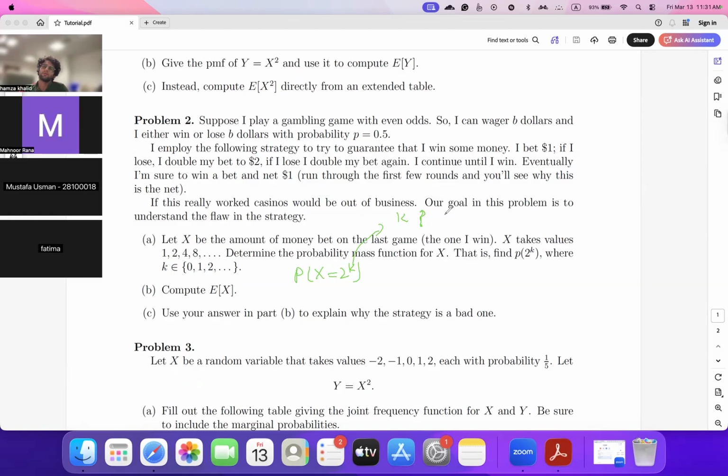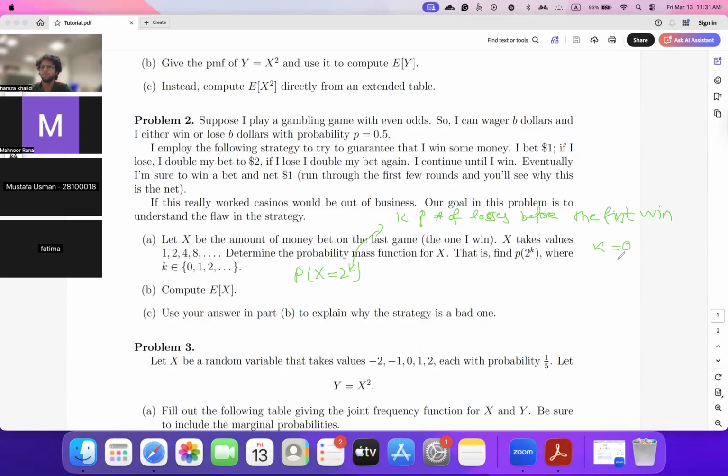The number of times the game is played. You're close, but no. It's the number of losses before the first win. Okay. Is that clear? So let's say if I take k equals 0,